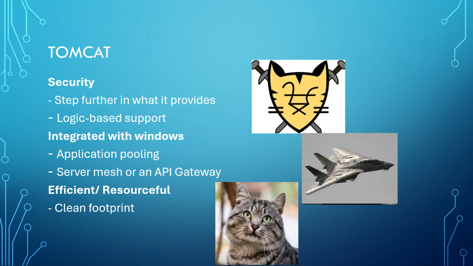It operates with a clean footprint by effectively utilizing little processing power, so it tries to mitigate the amount of work that it does, but still provides the same amount of acknowledgement of that work. I'm not sure if that makes sense. To me, it makes sense because it's just being a lot more efficient. So yeah, there's Tomcat,